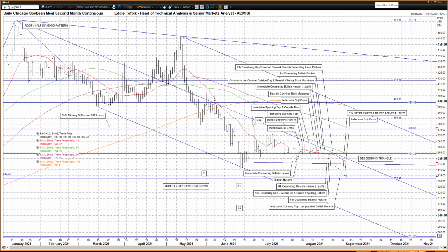Chicago soybean meal. I wrote some 9 weeks ago, and I quote, "The month of May was a monthly key reversal down. It is important to remember that," end of quote. And what I wanted to emphasize by that is that everything since has been in the shadow of that pattern. With this in mind, you can see how during June the market broke down through the long moving average, currently